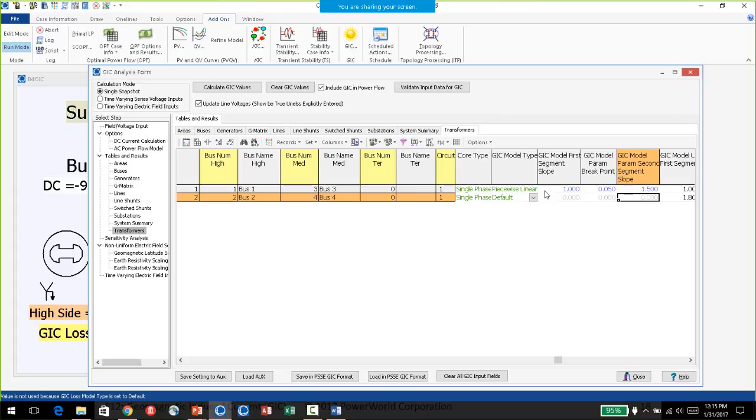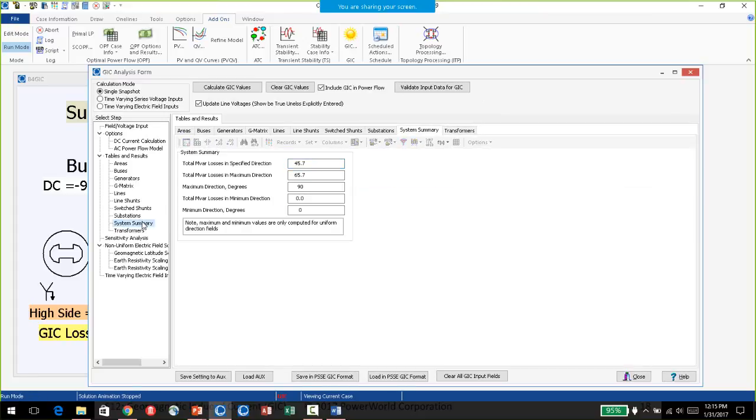And you said the max was at 90 degrees, but it would also be the same at 270, correct? Right. It's going to give you a value between 0 and 180 or 179.9, because if you flip it, if you change the direction, the impacts on megavar losses and everything else are exactly the same because the transformer doesn't care if the GICs are coming in the ground or out of the ground. So when the program calculates the max, does it rotate through 360 degrees or 180? Probably 180, because it is symmetric with respect to 180 degrees.